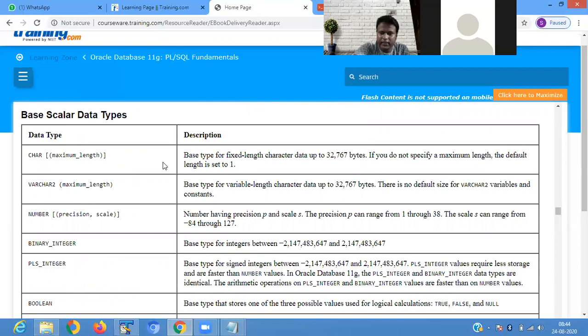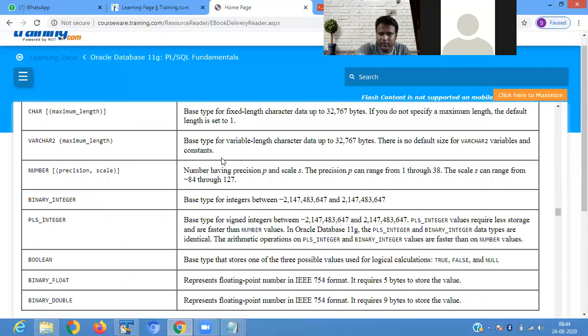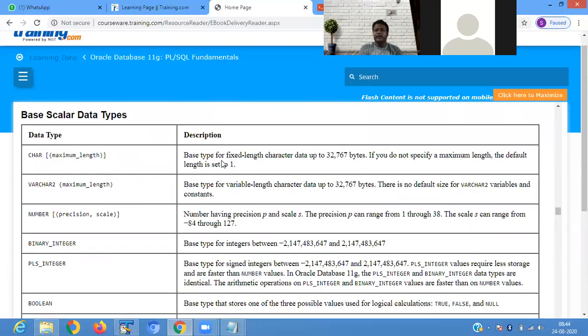Like here we are using char. When you are using the char data type, it contains a fixed length. If you use varchar2, it contains a size which varies. The char and varchar2 types store character and string values.